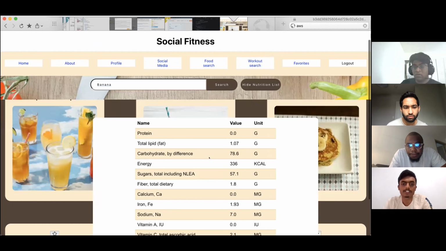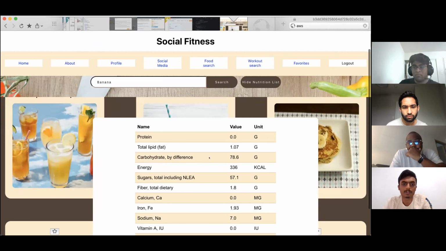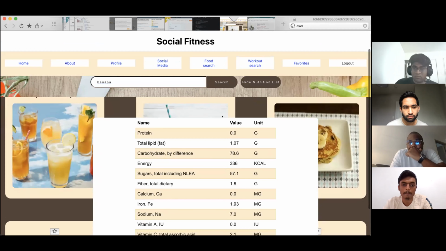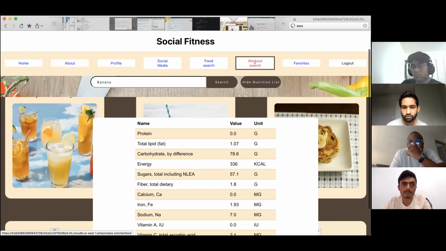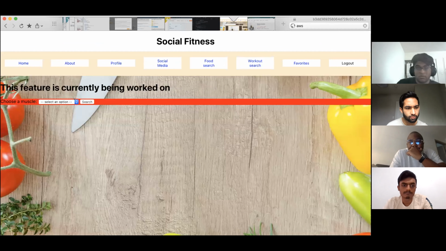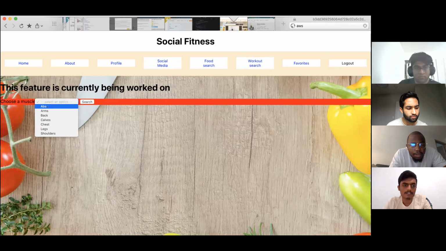Yeah, so this is the nutrition list that it gives for the ingredient selected. You can move over to the workout search. So the workout search, when you select a part of your body you want to work on, and then you click on search.